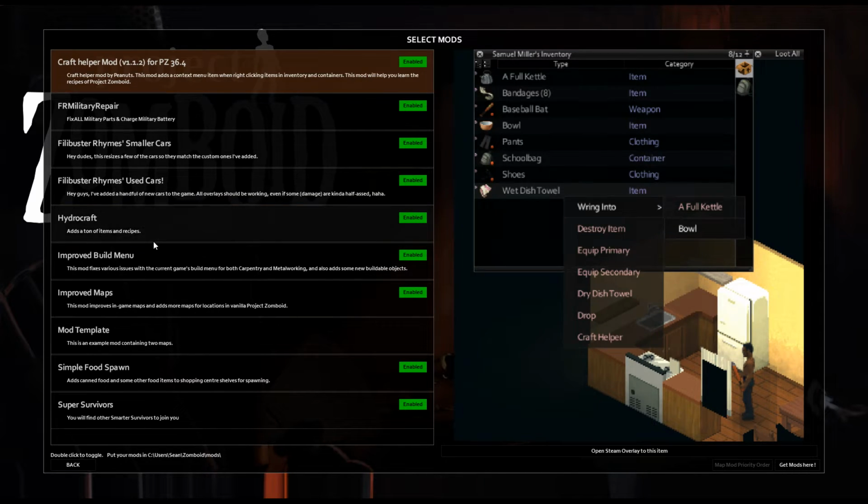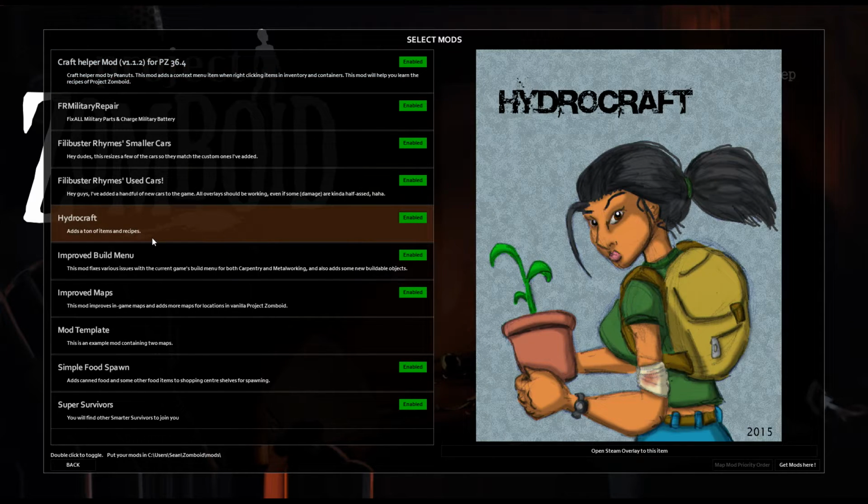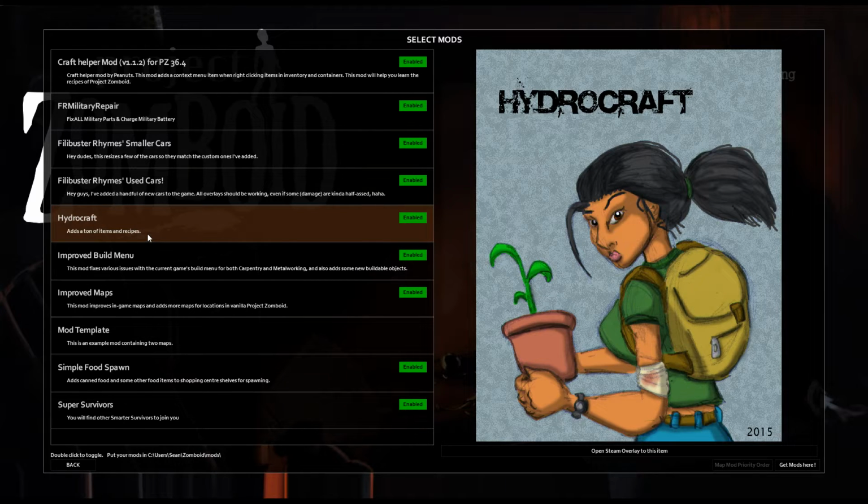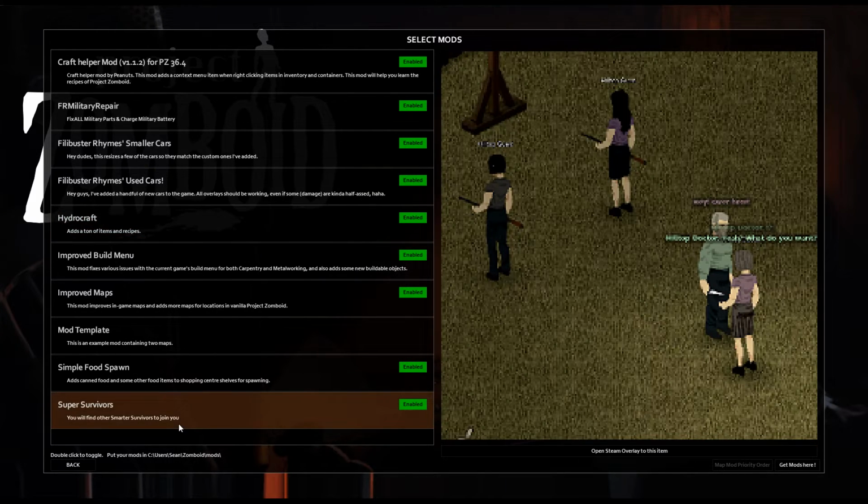Some of the more major ones being Hydrocraft, which is a little bit infamous for being kind of a pain in the ass to work with, but it's mostly a late game thing. So I don't know, maybe something to work toward down the road. And I've also got Super Survivors on, which is also supposed to be really difficult. I don't know. If we disable any of them, it might be Super Survivors, but I'm really curious to see